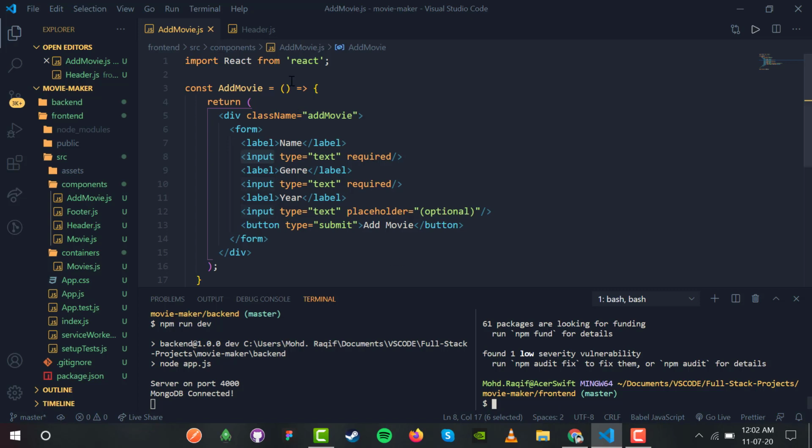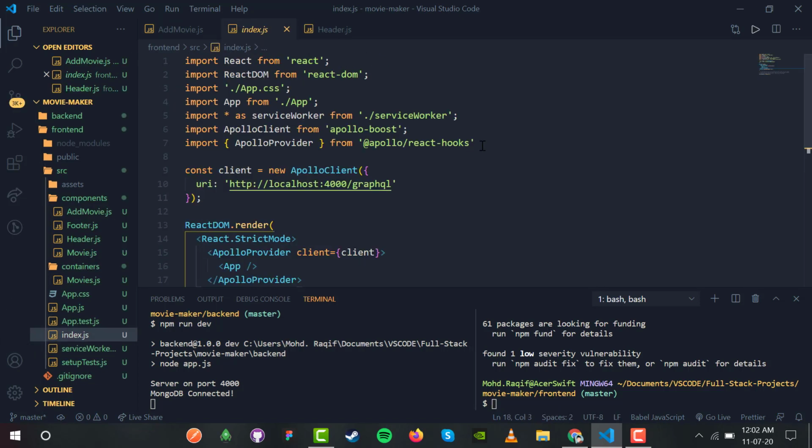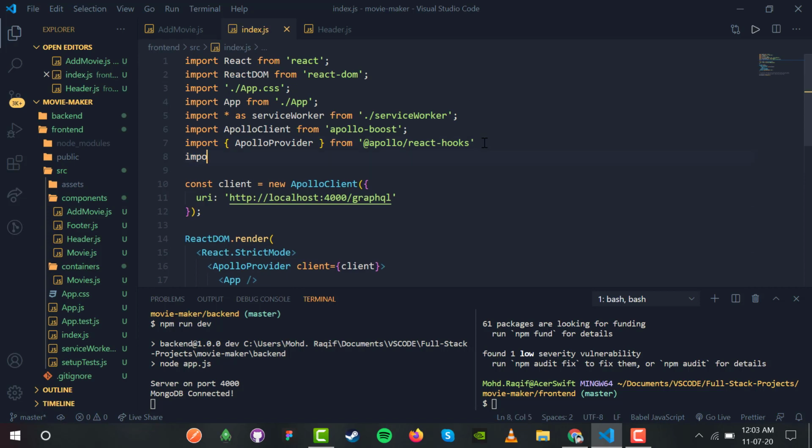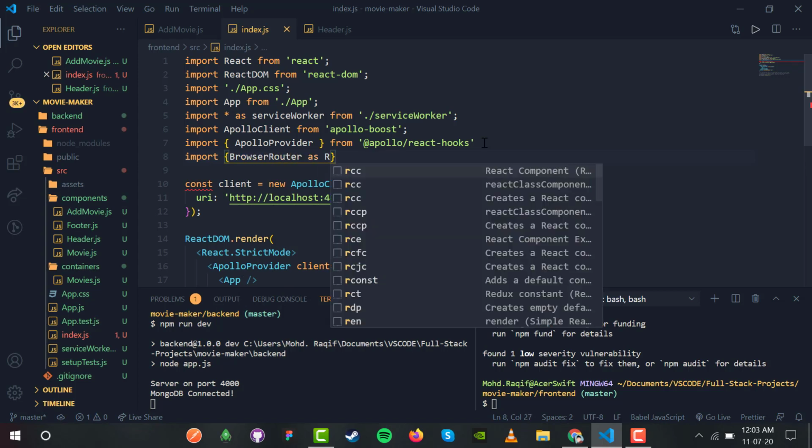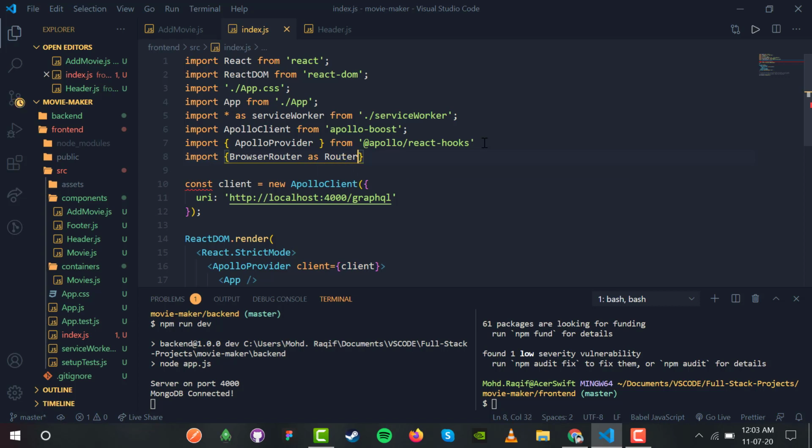Okay, so inside our index.js we have to include browser router so that we can use the routing in our React.js application. So inside our root component, that is index.js, we have an import called Router from react-router-dom. Okay, so now Router will provide all the routing functionalities to my application.